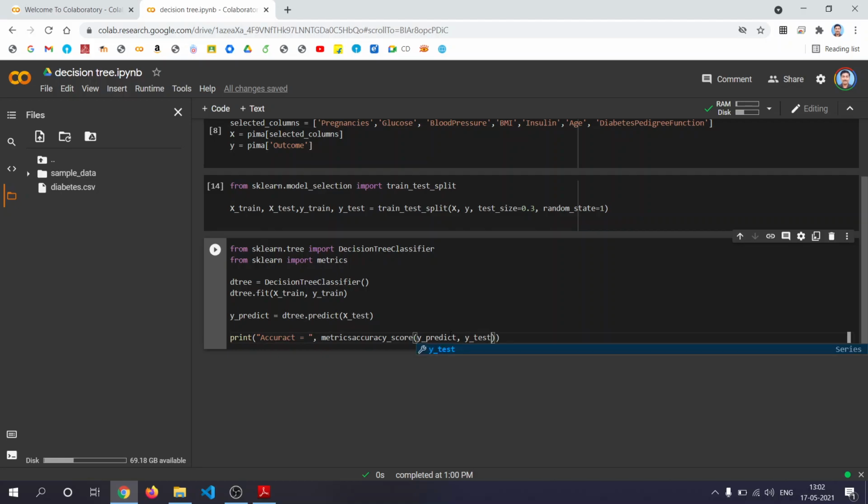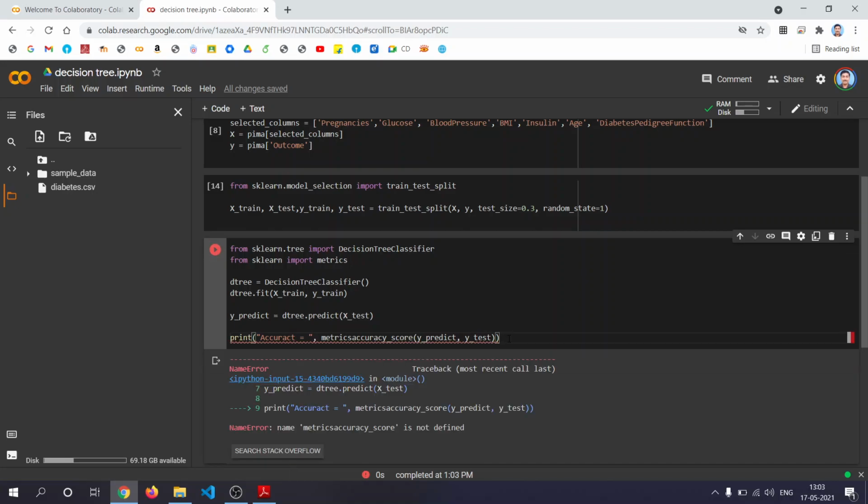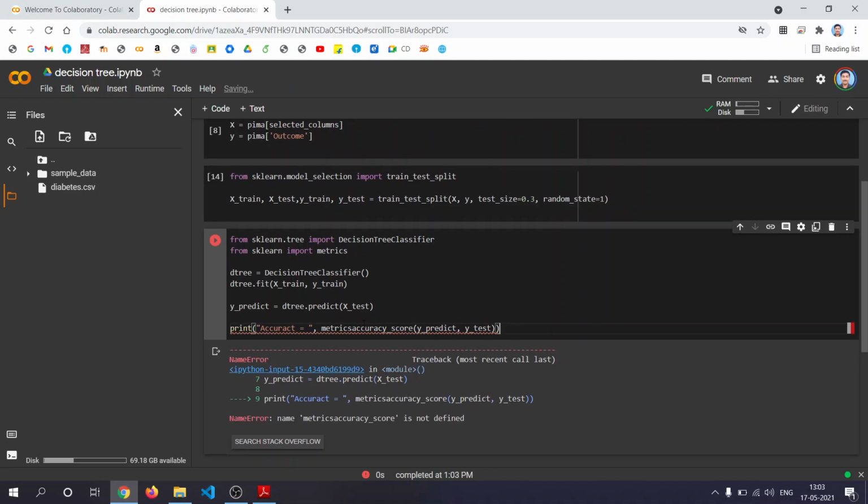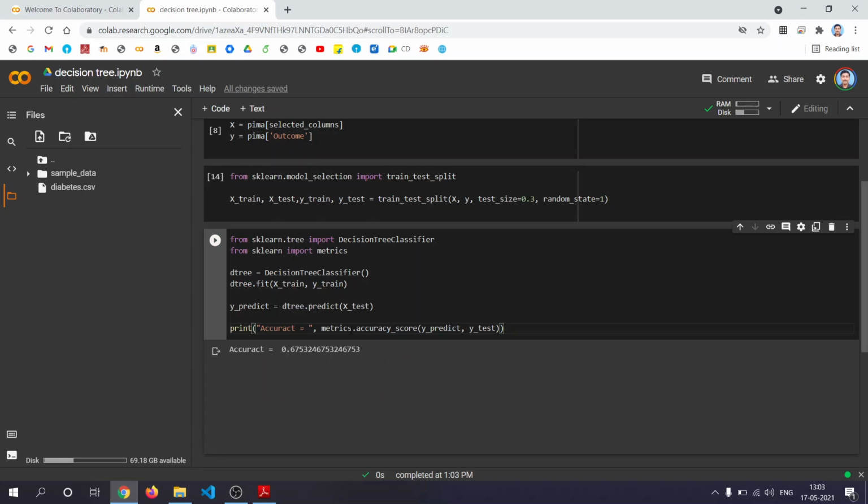You need to compare these two and get the accuracy score. So the accuracy you got is 0.67. That is the accuracy you are getting.